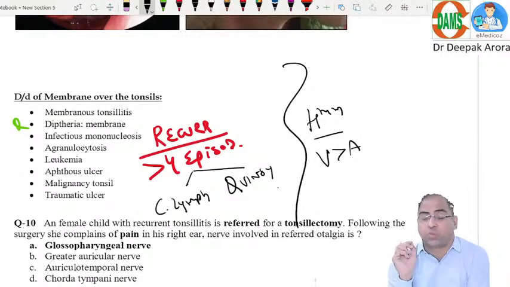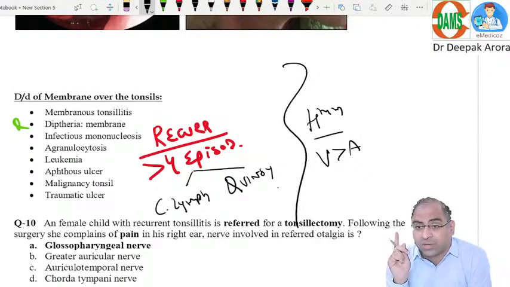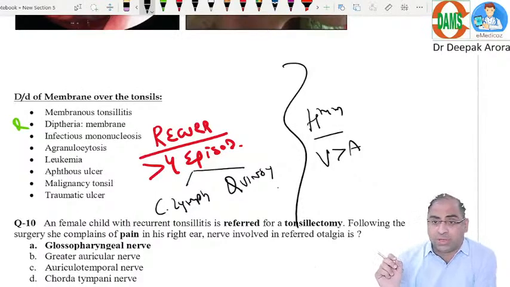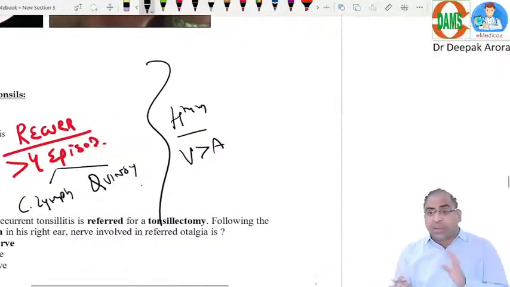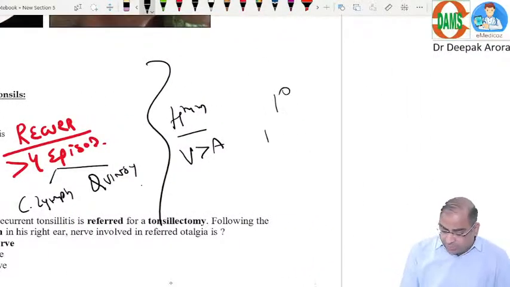Which vein is responsible? Everyone reply in the chat box. Which vein is responsible? Peritonsillar vein. Which artery? Tonsillar branch of facial artery. Any type of hemorrhage, we have primary hemorrhage, we have reactionary hemorrhage, we have